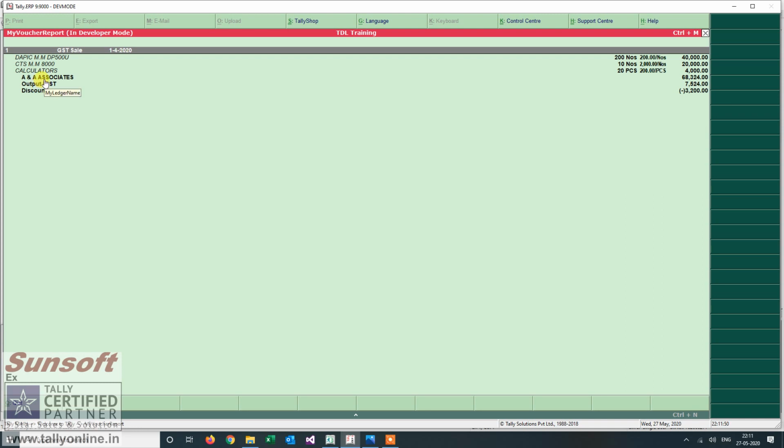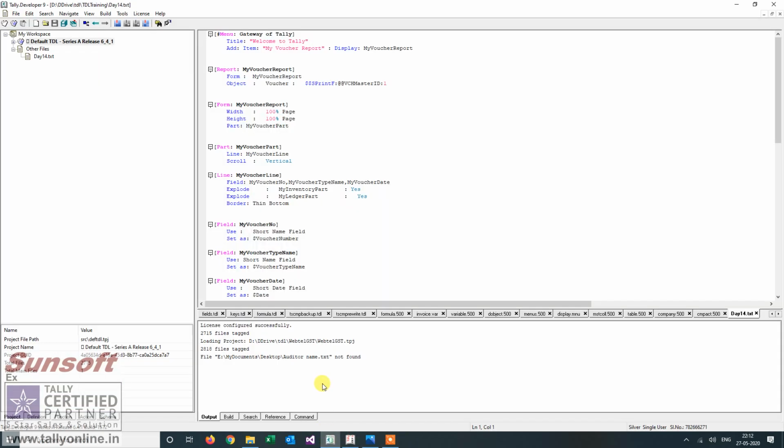Now let us introduce a concept. I want to put a group name, the name of the group for these three items. So let us see how we can do that. First I introduce a field called group.